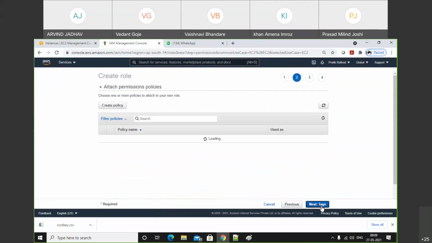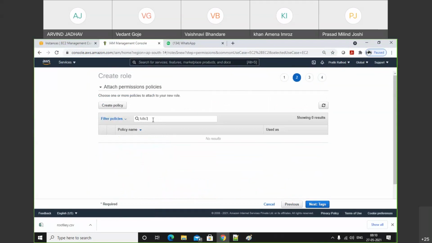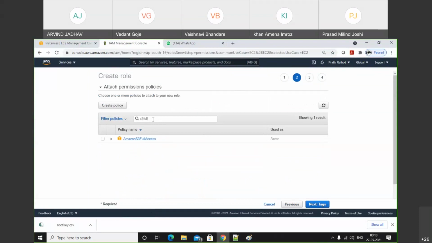Click on next. Here we need to attach the policy, and here we need to access the S3 bucket. So write down S3 full. The source is EC2 and the permission is Amazon S3 full access.